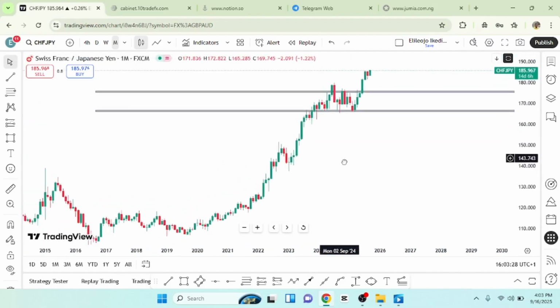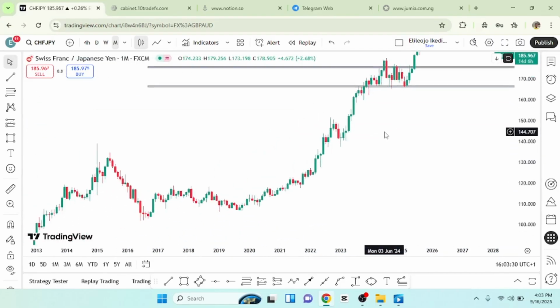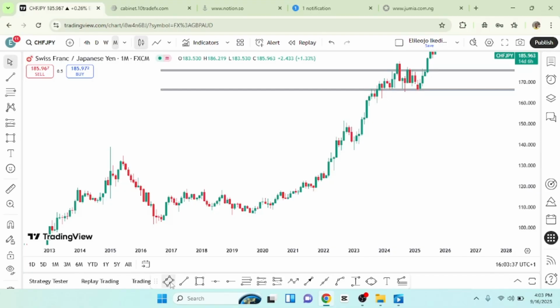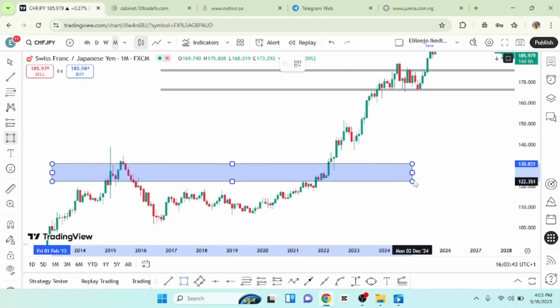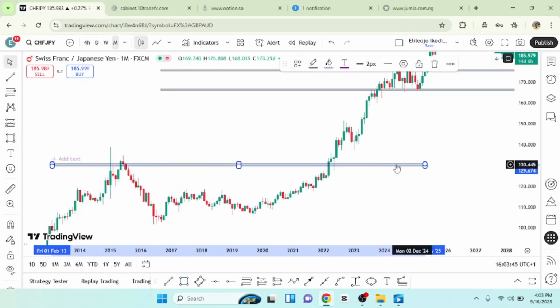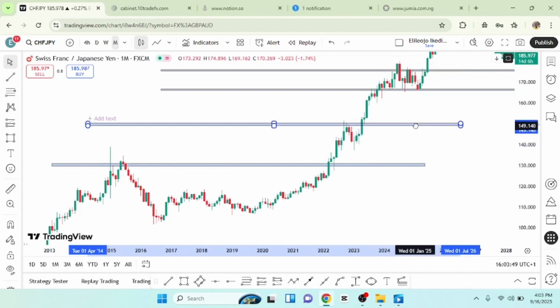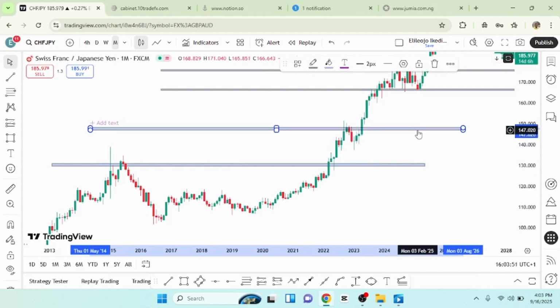Yes. Now, you might be thinking to yourself, but this right here is also another level. You might be thinking that this one right here is also another level. Yes, this one is another level. And you might also be thinking that this one right here is also another level. Yes, you are correct. But you see, when you are plotting your support and resistance levels, you want to focus